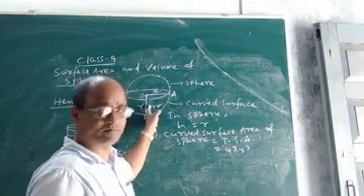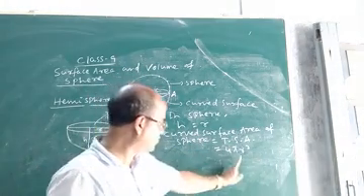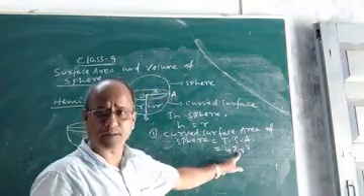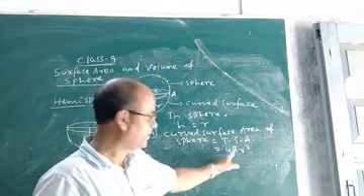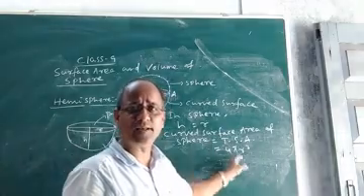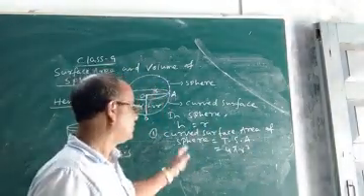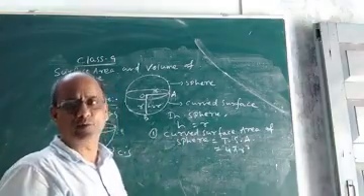Where r is the radius of the sphere. And you know the approximate value of pi, it is 22/7. So 4 pi r square will be your total surface area or curved surface area of a sphere. Okay. Now, how to find the volume of a sphere?